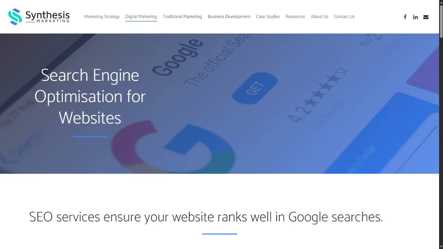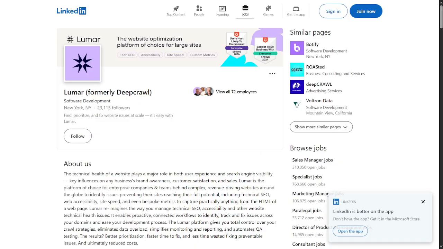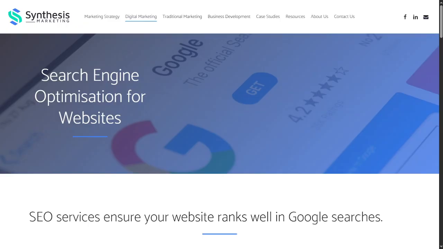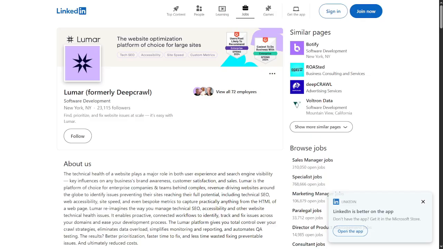Synthesis and DeepCrawl are two of the most respected enterprise site audit platforms, and both are built for teams that handle massive websites with complex technical challenges. Even though they share the same mission, their approach, feel, and day-to-day workflow can be very different. If you manage enterprise SEO, the choice between them can shape everything from your technical roadmap to how smoothly your